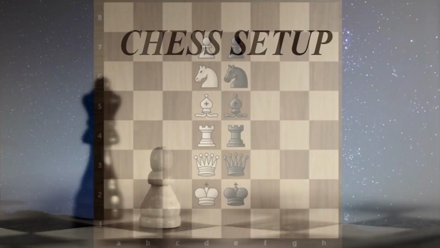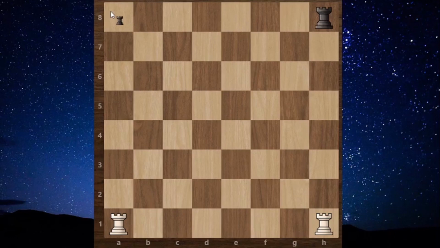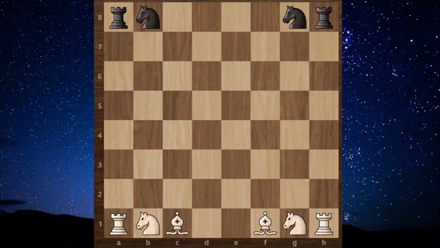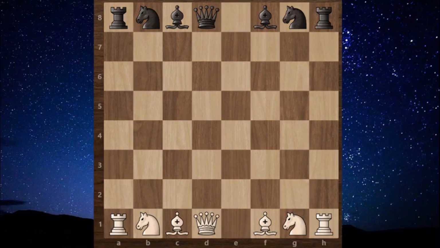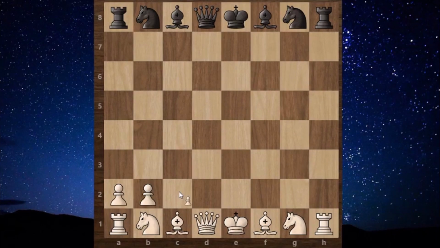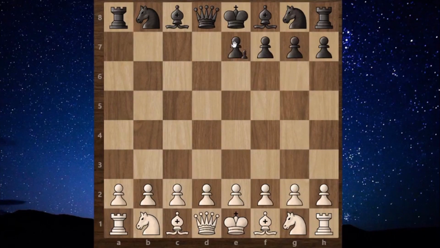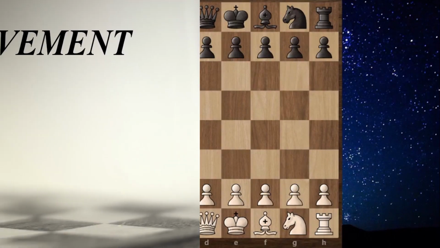Starting with placing pieces. Place the rooks on extreme corners. Set the knights next to your rooks, followed by bishops. Then place the queens on the board. If you are white side, your queen should be on white square. And if you are black side, your queen should be on black square. On the remaining square, place the king. After that, place the pawns in the rank in front of other pieces. Here, we are done with chessboard placement.